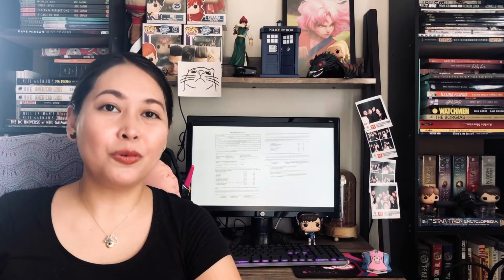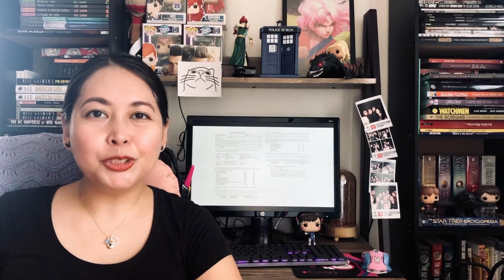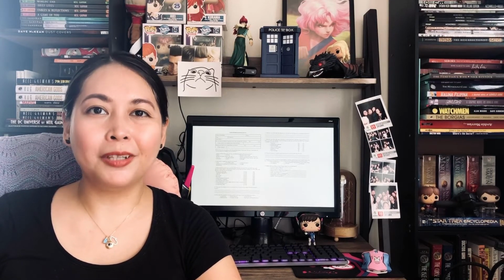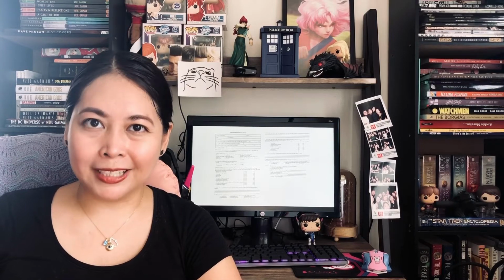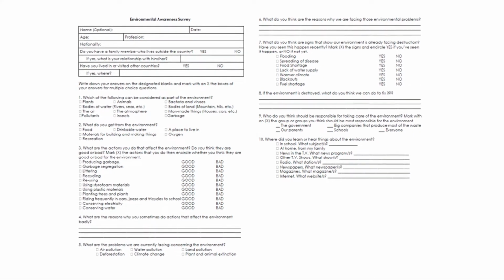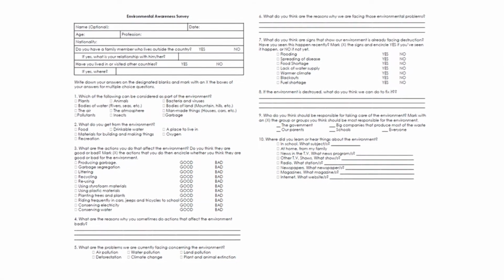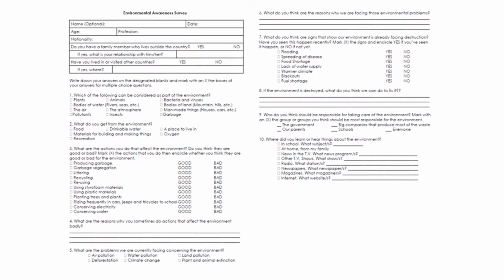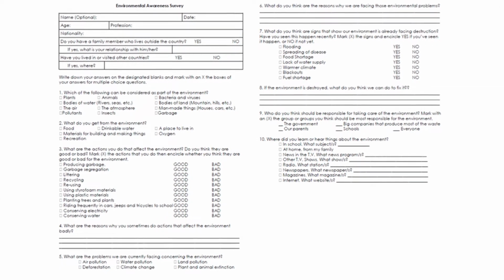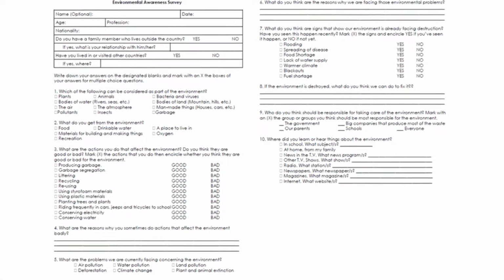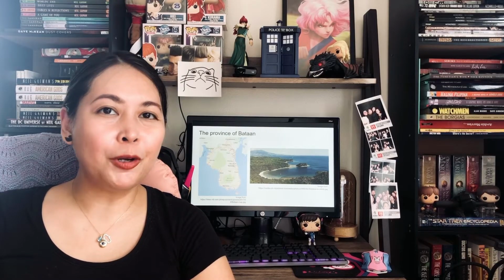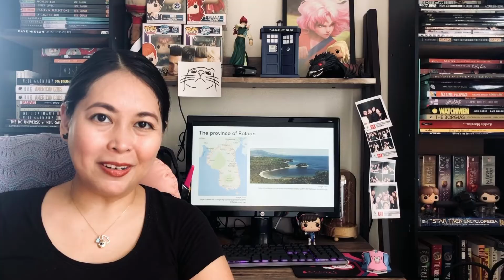To help answer this question, we created a short study on elementary students to determine their levels of environmental knowledge as well as their eco-friendly habits. To do this, we created a survey with 10 questions that allowed us to gauge their environmental perspectives, including the scope of what the environment is, the resources that come from the environment, existing environmental problems, their environmental habits and influences. The study was initially performed in the province of Bataan, my hometown.